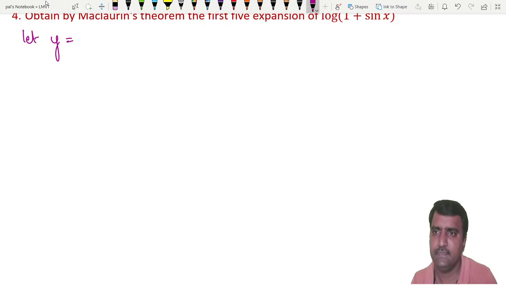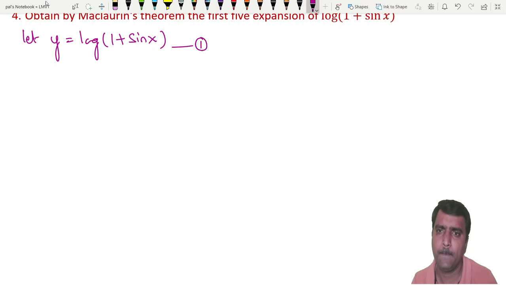Given function y is equal to log of 1 plus sin x. Take this as equation 1. So now Maclaurin's expansion of y of x is,